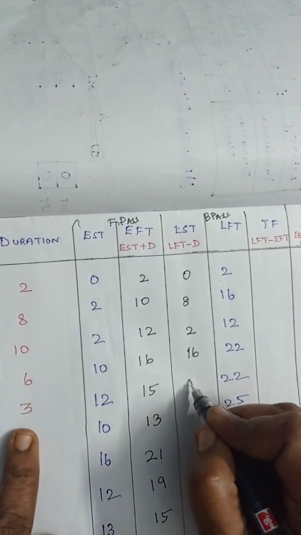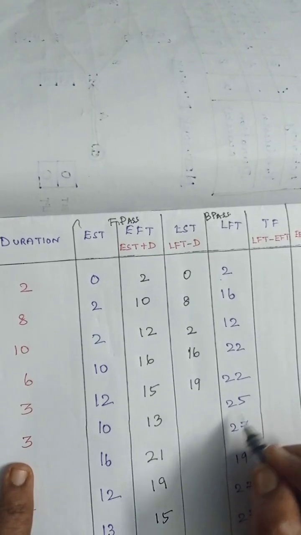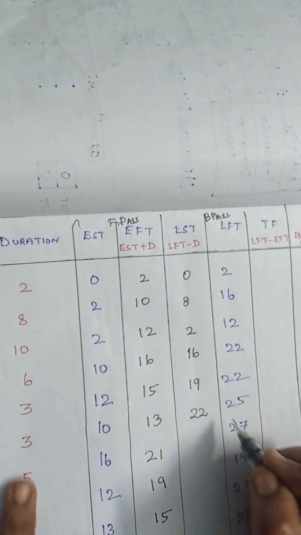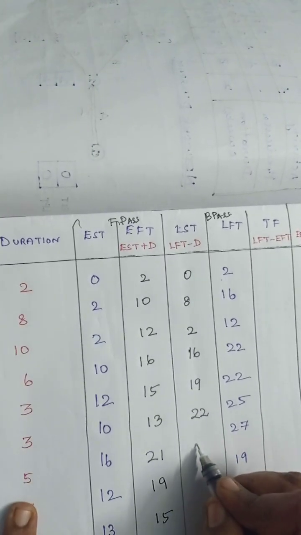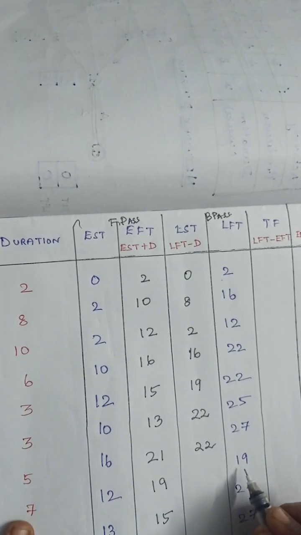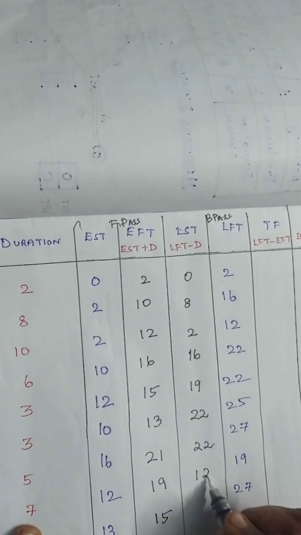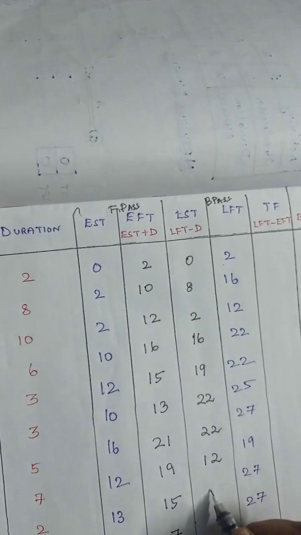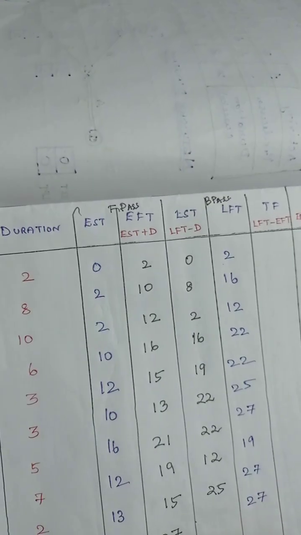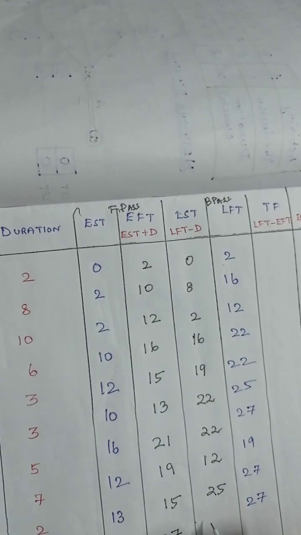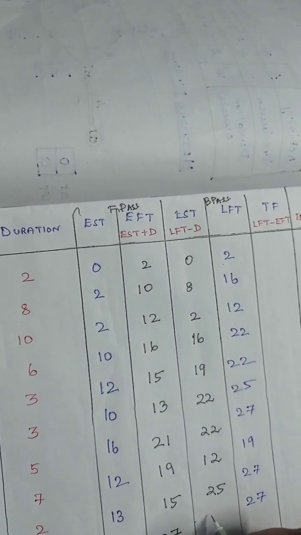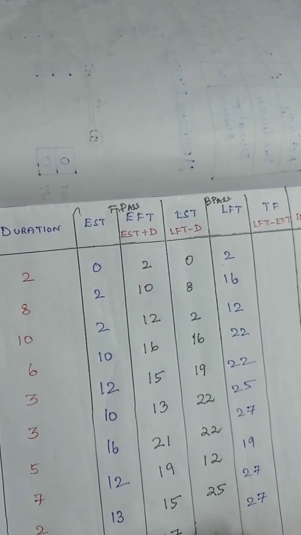22 minus 3 is 19. 25 minus 3 is 22. 27 minus 5 is 22. 19 minus 7 is 12. 27 minus 2 is 25. 27 minus 8 is